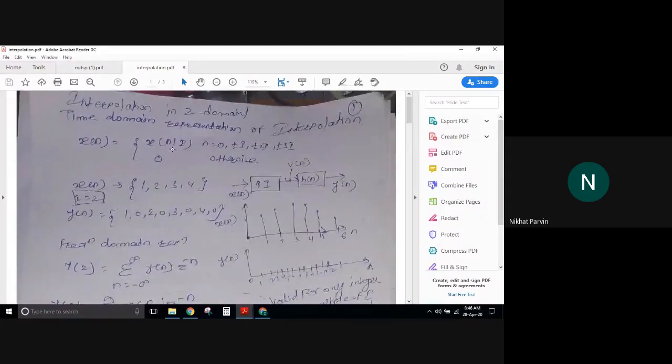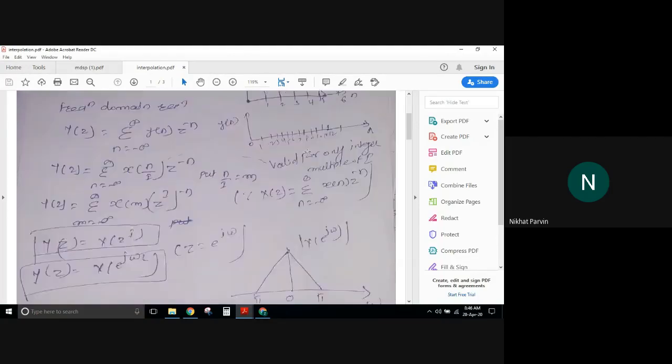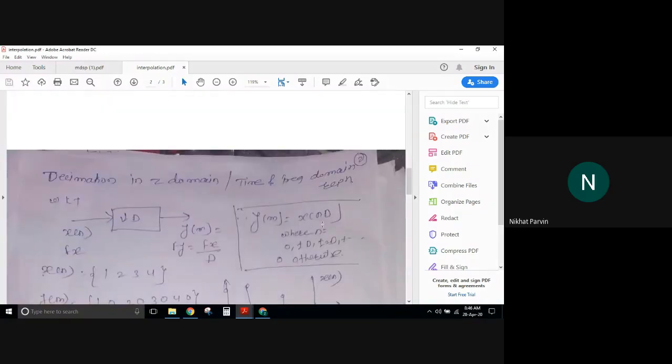here even, n equals to 0, n equals to plus or minus I, right? N equals to I by I, answer is 1. 2I, if you substitute 2I here, the I gets cancelled, you get x of 2. Then 3I, x of 3. So when you are doing this, you are getting the values of x of 0, x of 1, x of 2, x of 3, x of 4 and so on. When you have this kind of relationship, x of n into D, now D is this, right? 0, no issues. Now n equals to D, you will get 2D, then 4D, then 8D, and so on.